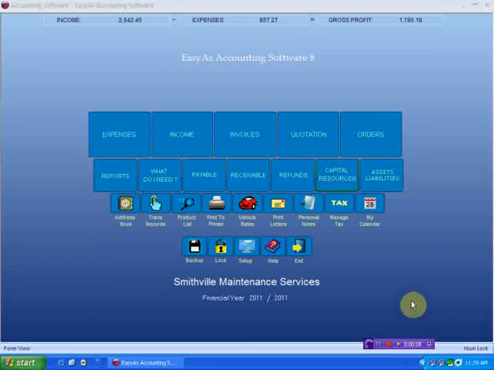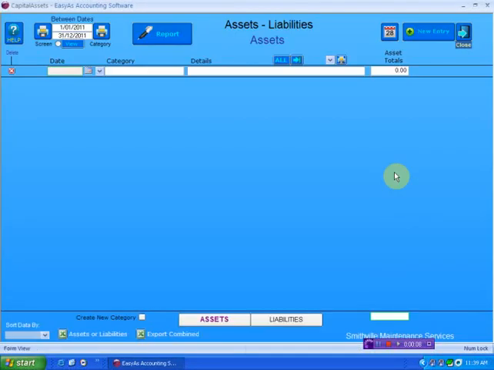In this video, I want to discuss the assets and liabilities area. If I click this icon, this screen comes up. If this is not relevant to your business, don't use it. But it is useful if you actually want to record somewhere, just have a recording so you can print it at the end of the year what your assets are or